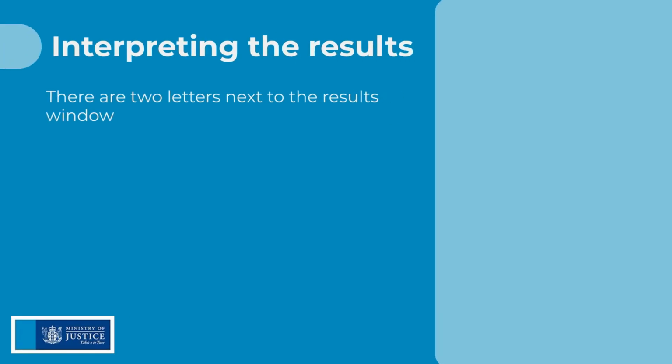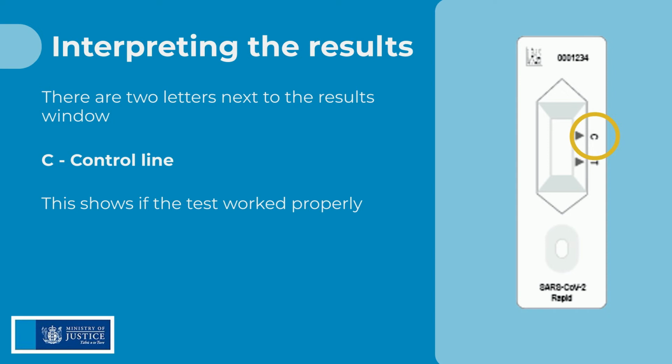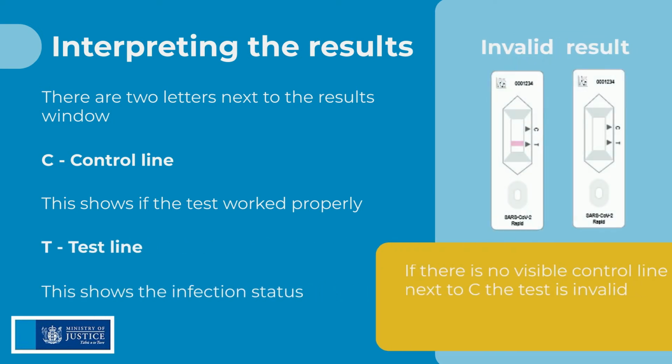Interpreting the results. There are 2 letters next to the result window of the test device. C stands for control line. This shows the test worked properly. T is the test line. This shows the infection status. If there is no visible control line next to C, the test is invalid and you need to perform a